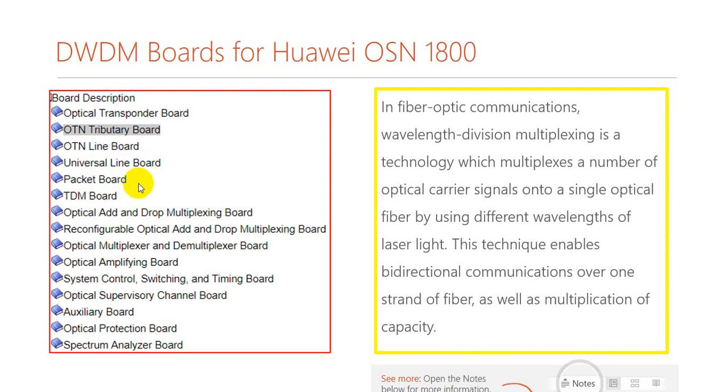Then packet boards, which are basically used to talk to the packet technology, meaning mostly at the L3 layer. And then TDM boards, which are all the old transport technologies like SDH, SONET and other transport. Then optical add-drop multiplexing boards. That is basically the building block of any DWDM. So add-drop multiplexing, and then add-drop with the reconfigurable type of add-drop multiplexers,